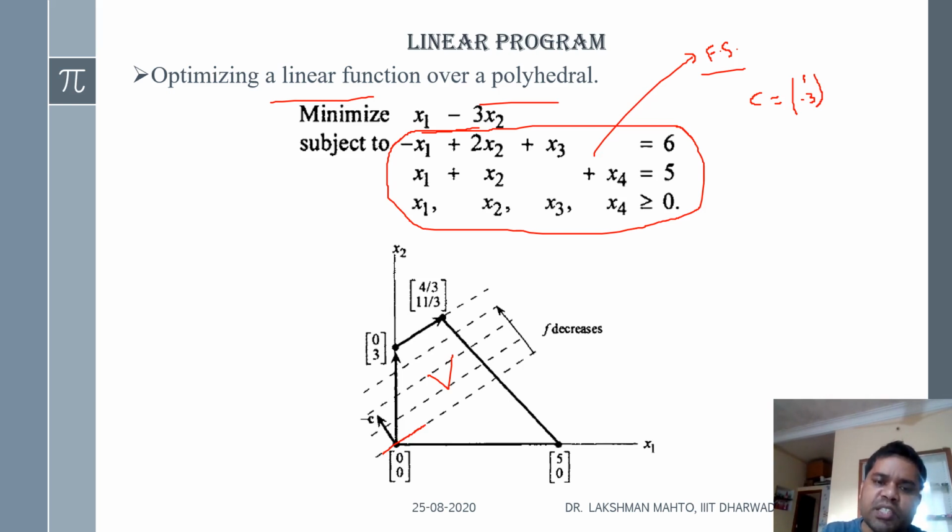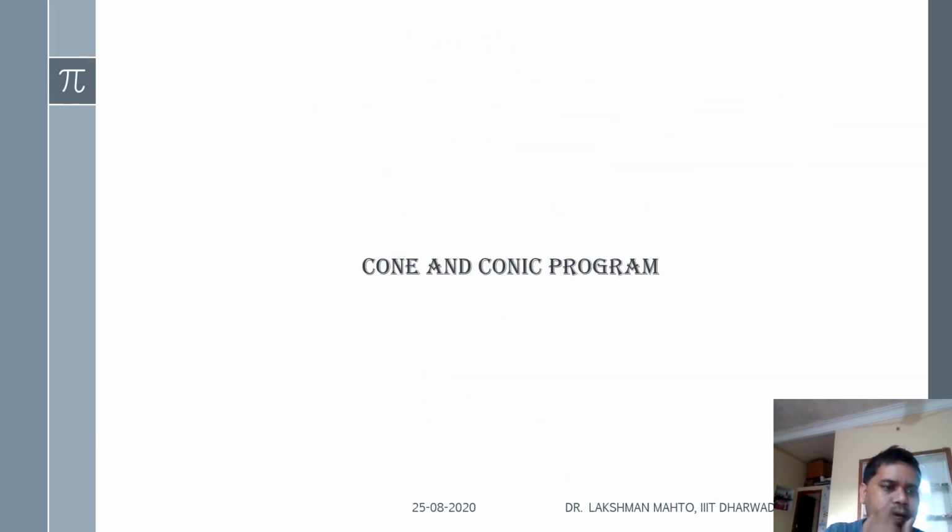So we got the normal direction, and also the direction of the gradient. We have to minimize the function, so we have to proceed in the negative direction of the gradient. The negative direction is this one. If we keep on moving, where will we get the optimum, or minimum, value of the objective function over the given polytope? We will get the minimum value throughout this line. So there are infinitely many solutions for this problem.